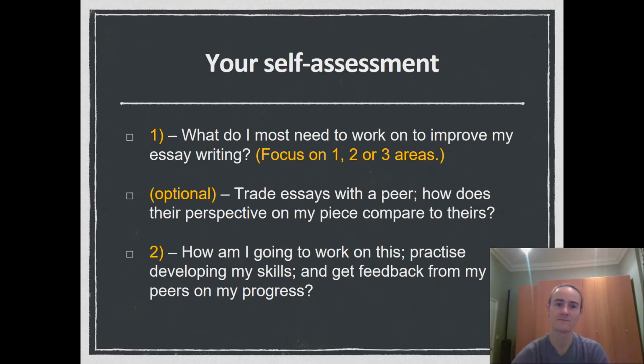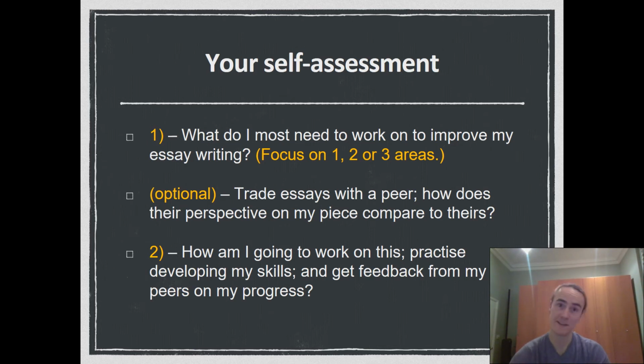Cool. So there's been a load of feedback there for you to think about. As I said, I've given you the lowdown on some of the stronger hallmarks and some of the less strong hallmarks of these pieces. Really what you need to do now is have a think about that feedback, then reread your original essay, have a look at the learning outcomes, and pick two, three, maybe just one area for you to improve on.